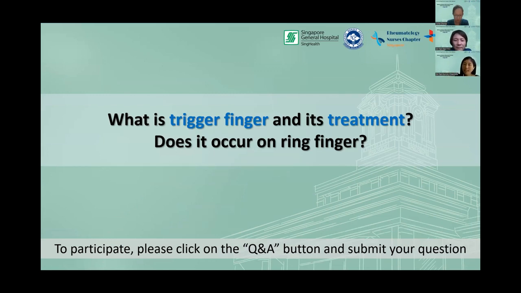So it's alluded to in the slides earlier. If you're able to look at my hand, trigger finger is a condition which affects the tendons in the hands. These tendons are in charge of helping you to bend your finger forward or to extend your finger. When we say that one has trigger finger, the problem lies in some thickening of the region around the tendon, or a loop around the tendon, such that when one bends the hand forward or extends it, you get a stuck or clicking sensation. So essentially, trigger finger is a problem to do with the tendon of the hands.